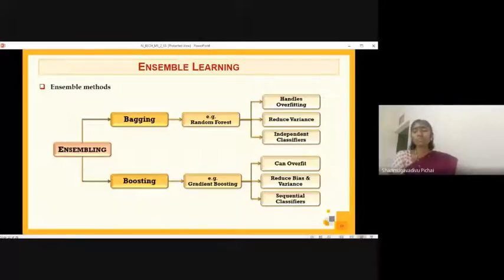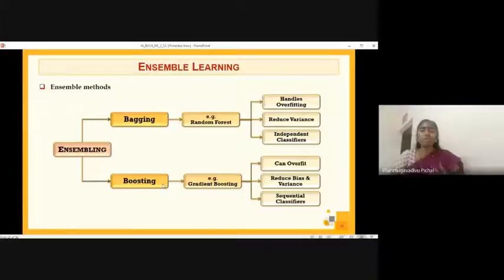Then what are the benefits of boosting? It can lead to overfitting, because we make the model learn again and again. The model will get so familiar with the data, and that can cause overfitting. At the same time, it may help you to reduce bias. So appreciate what is meant by bagging and what is meant by boosting. Based upon our requirement, as I said, for all the model selection, as well as based upon the experience that you get from the performance of the model, we have to go for bagging or boosting. Now, what are the features of bagging? It is very ideal to handle overfitting, it helps us to reduce variance, and we can go for bagging of independent classifiers.